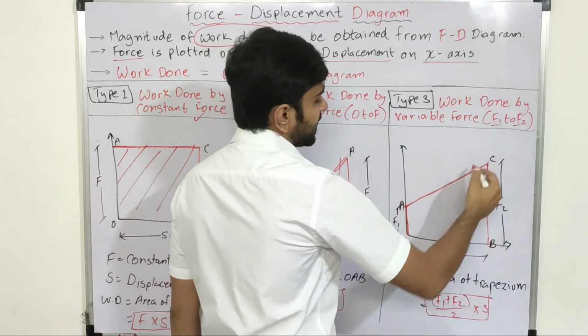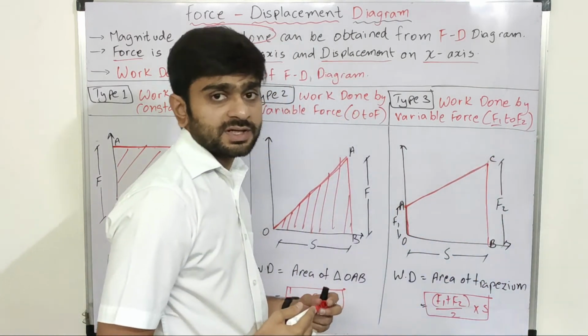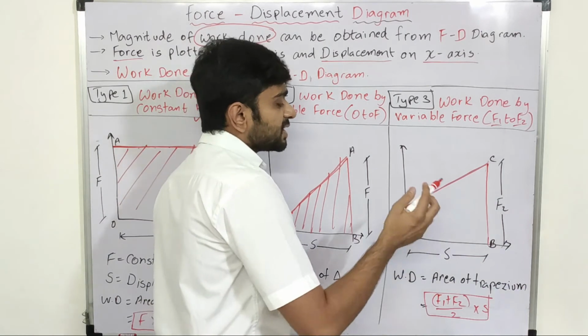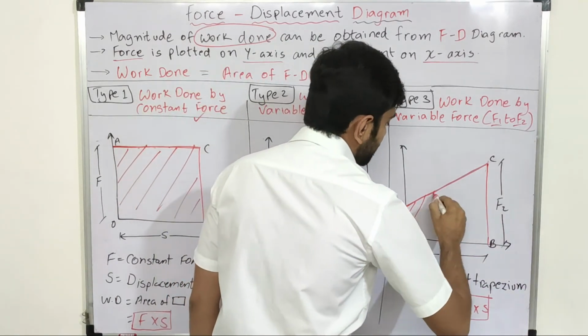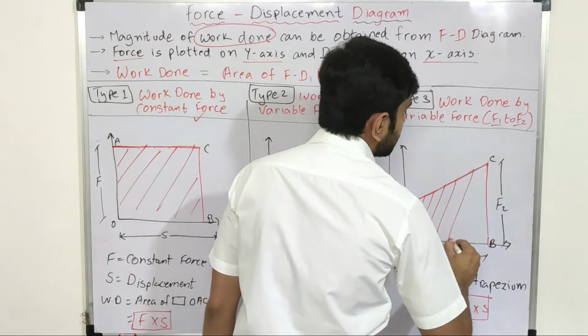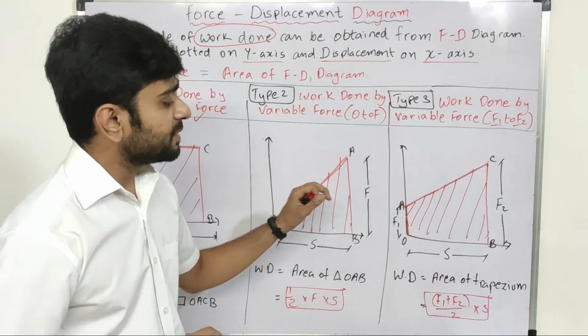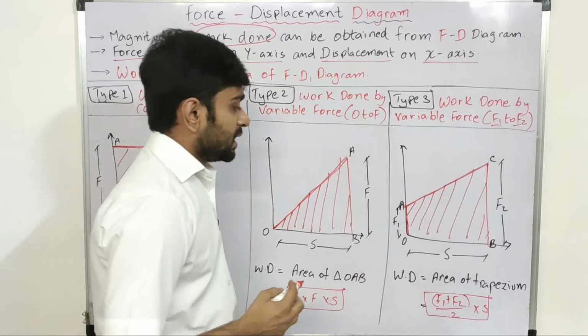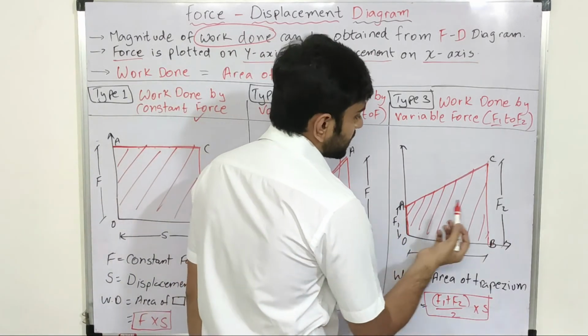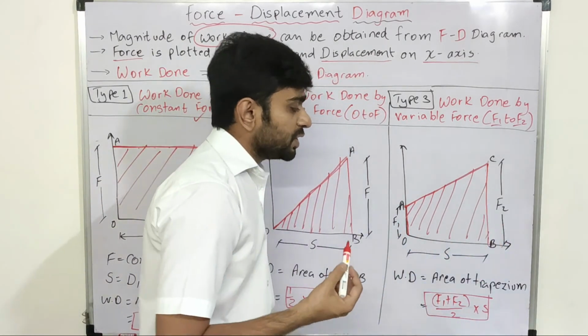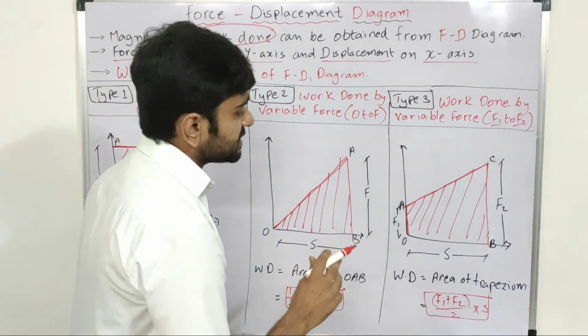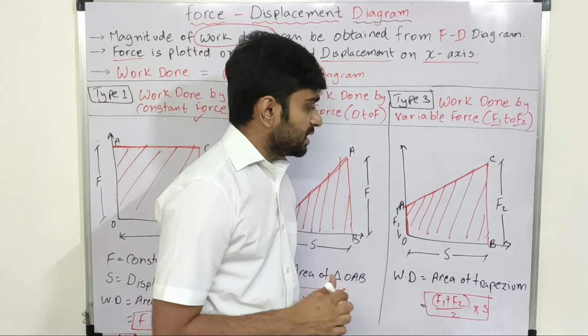With this increase, again we have some displacement. So this time we have a trapezium whose area we will calculate to find the work done graphically. The area of this trapezium has the formula F1 plus F2 divided by 2 into S. That is length into width again, but